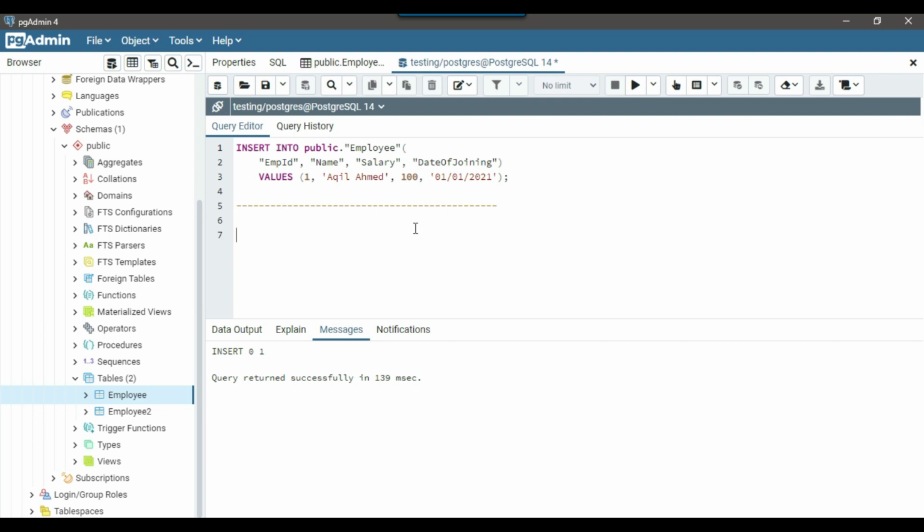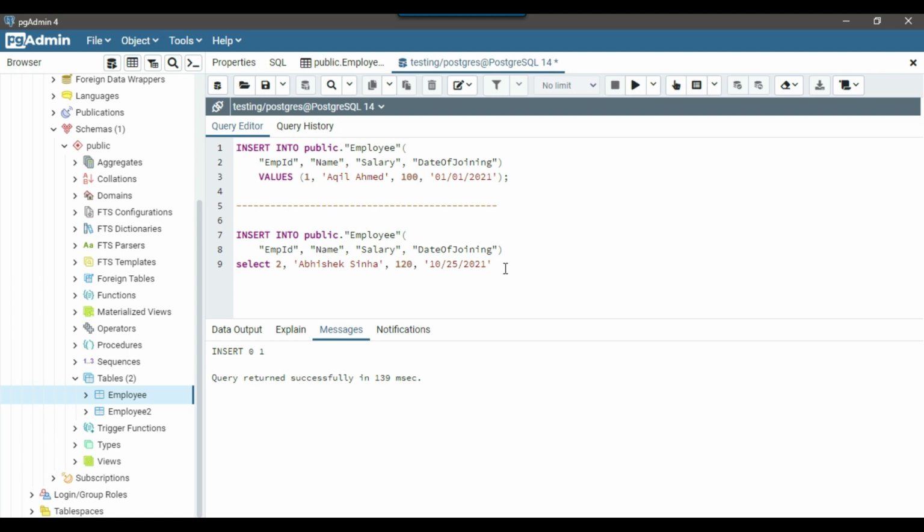Now the second way is that you can copy paste the same query, and instead of writing the values, we can write select here, and you can remove these brackets. I can modify the query. For example, now I want to insert something else, Abhishek Sinha, and for example the salary is 120 and the joining date is October 25, 2021.